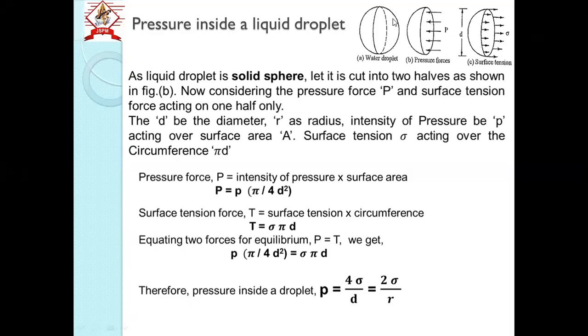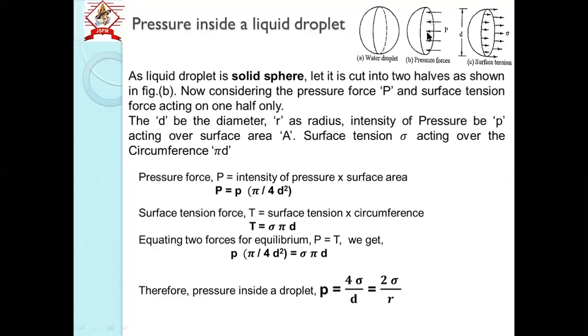So just see this sketch that the water droplet is spherical, solid part. We assume that we have cut that droplet into two parts, two halves. So we'll analyze one half only. If you cut that droplet, it will be half portion. So on this solid part, pressure will be exerted, right? It is a solid part. So atmospheric pressure, whatever gases are present in the atmosphere, those exert pressure on those raindrops, right?